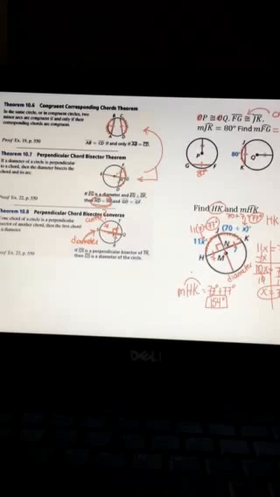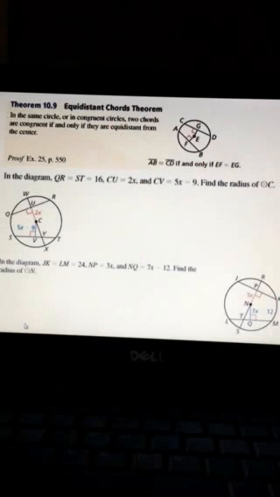All right, one more theorem. And this is the hardest one, I think. It's the equidistance chords theorem. What this one says is that chord AB will be congruent to chord CD if and only if they are equidistant from the center, meaning the